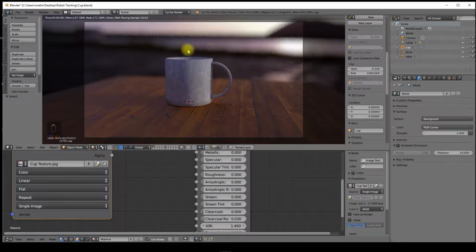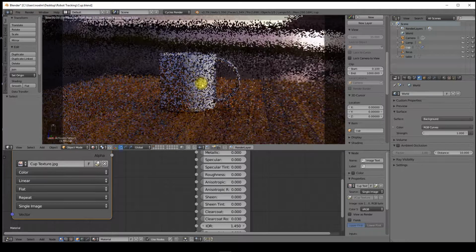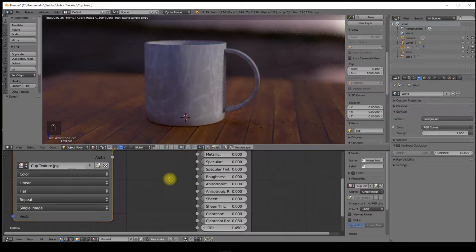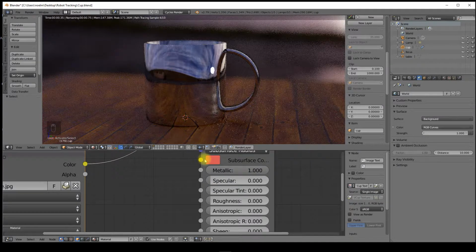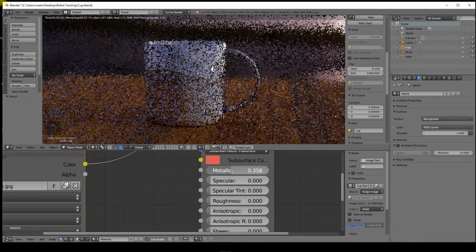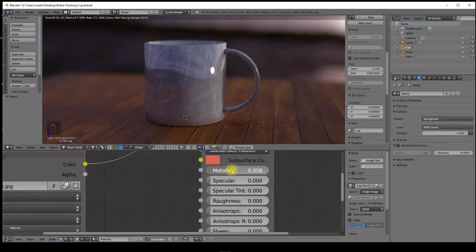So this is my porcelain, well, it's meant to be a porcelain mug. If I change the metallic setting on it, and let's put it all the way up to full, so I've got a mug that is completely made of metal and is reflecting light, and hence we've got all these fireflies. So it would be unlikely that you would have an item that would be that metallic. However, about here you could have a very highly polished piece of porcelain,